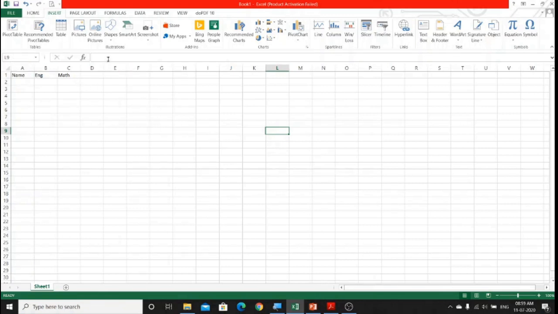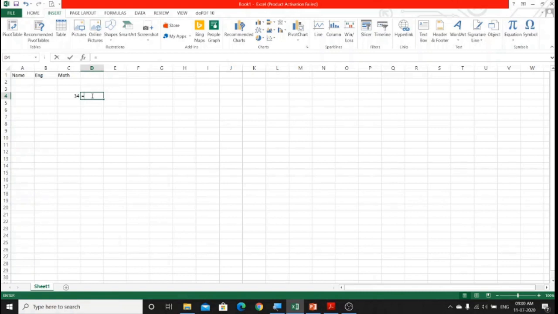Okay. Now this is the formula bar. Whatever you type inside a cell will be reflected here. Suppose I have typed maths over here, if I click on this cell, can you see? Wherever your cell pointer is, the cell content will be shown in this formula bar. If the cell contains text, it will show text over here. If a cell contains a number, suppose here I am typing a number, it will show you a number. If a cell contains a formula, of course, formulas I will be teaching you in detail later on.